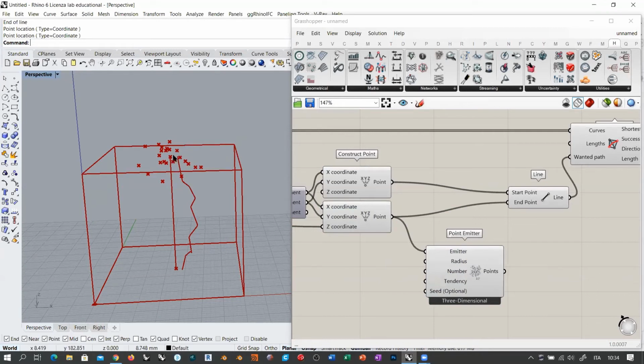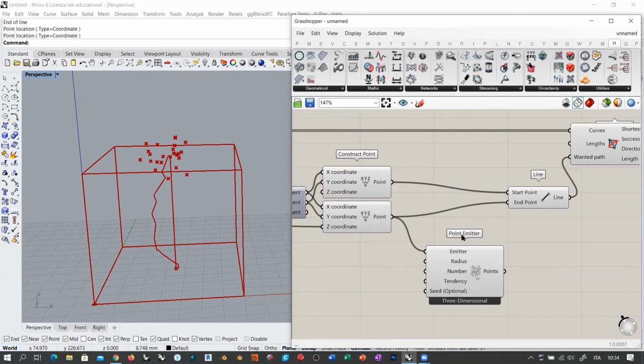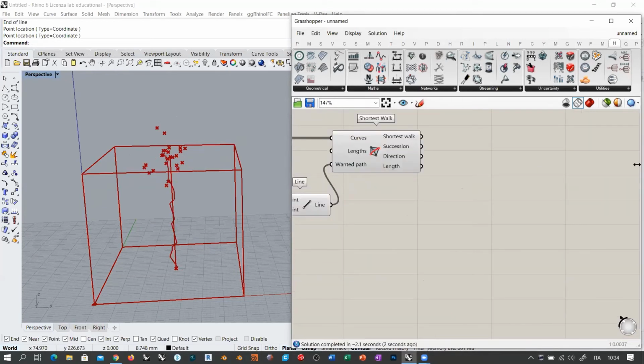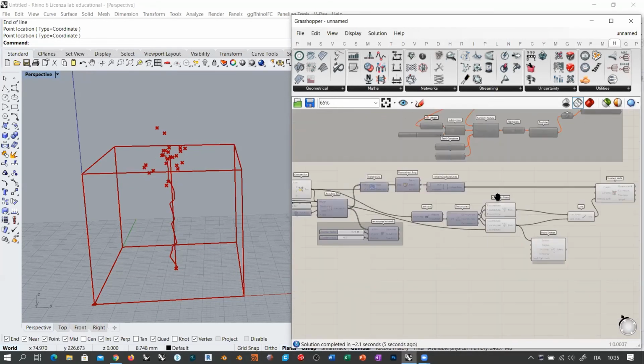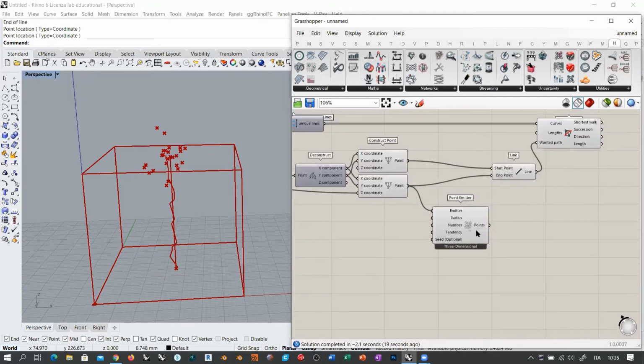Now remember that almost everything you grab from the Heteroptera plugin depends on time. You see that seed is optional, right? But if I hit F5, you see that here we are changing the cloud of points. We are also changing the cloud of the Voronoi 3D. That's why it's so slow, because our Populate 3D is based on this random. Every time I hit F5, it shuffles this point, and this is recalculating 241 cells. That's why the definition is slow. Okay, but the important thing is that it also updates the point emitter, because we see changing this little cloud